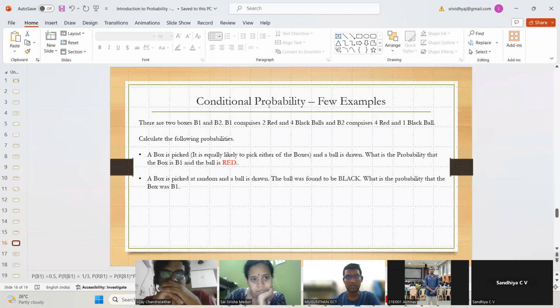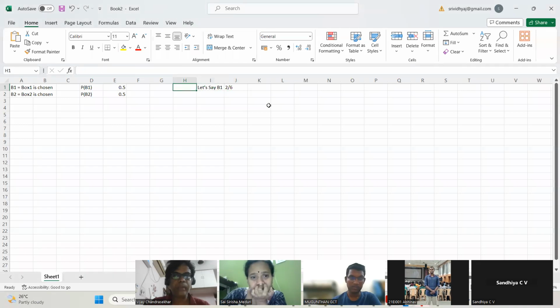If B1 is picked, there are 2 red balls there and 4 black balls. So totally there are 6 balls. Each ball is equally likely to be picked. So which means the probability of picking a red ball is 2/6. All right. Now,